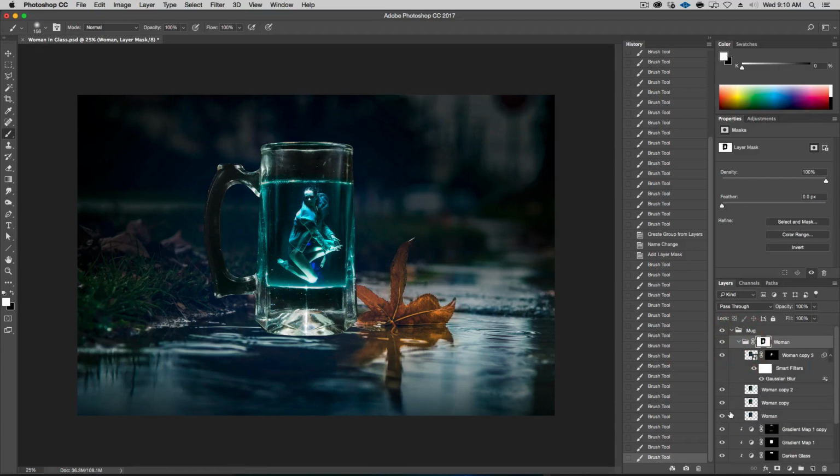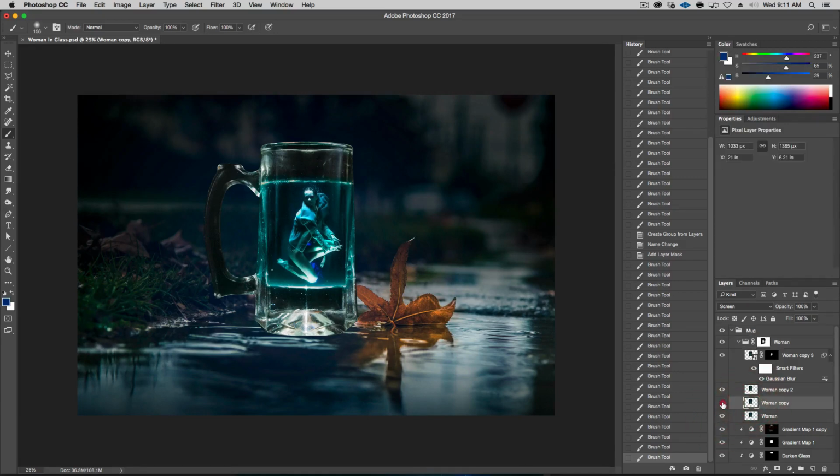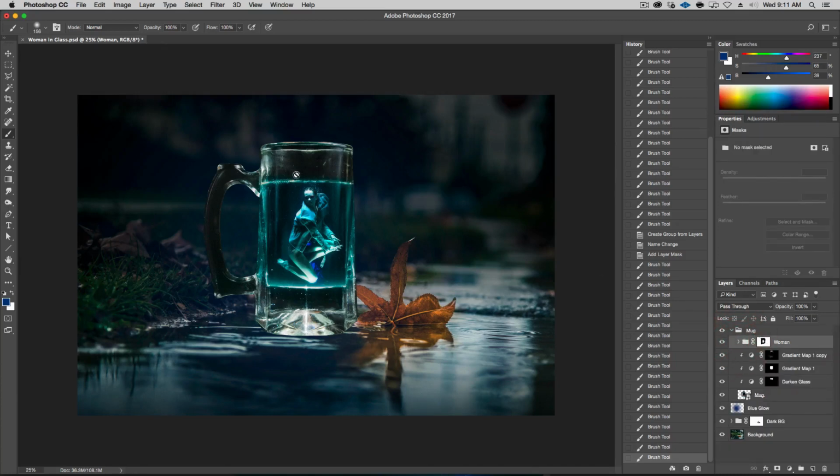So let's see what we did here. We had the woman at 35% just to get a little bit of that flat pixel in there. Then we had the screen, which really lightens it up. And then we had the overlay, which adds a little bit of contrast. And then we had the blurred color dodge to give some of these areas that feel of underwater lighting. Okay, so I'm pretty happy with that. There's one thing that's bugging me a little bit, which is this light over here.